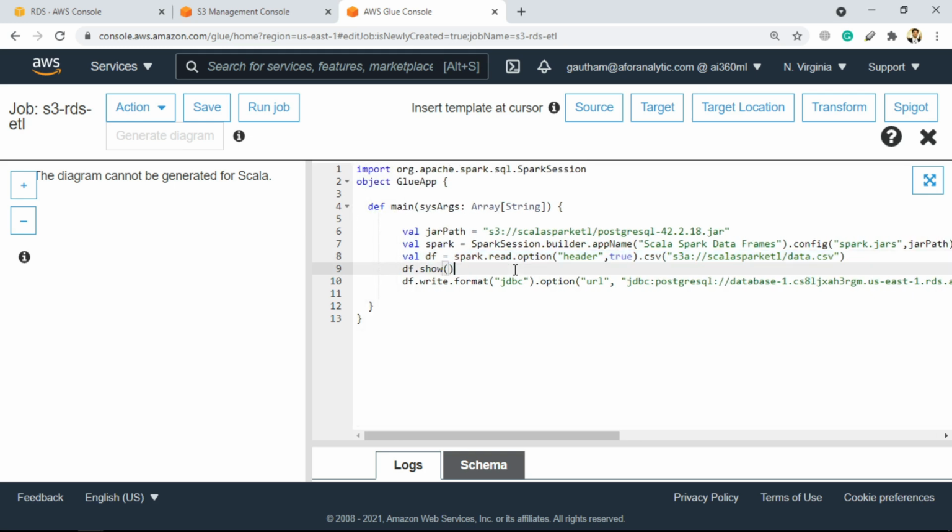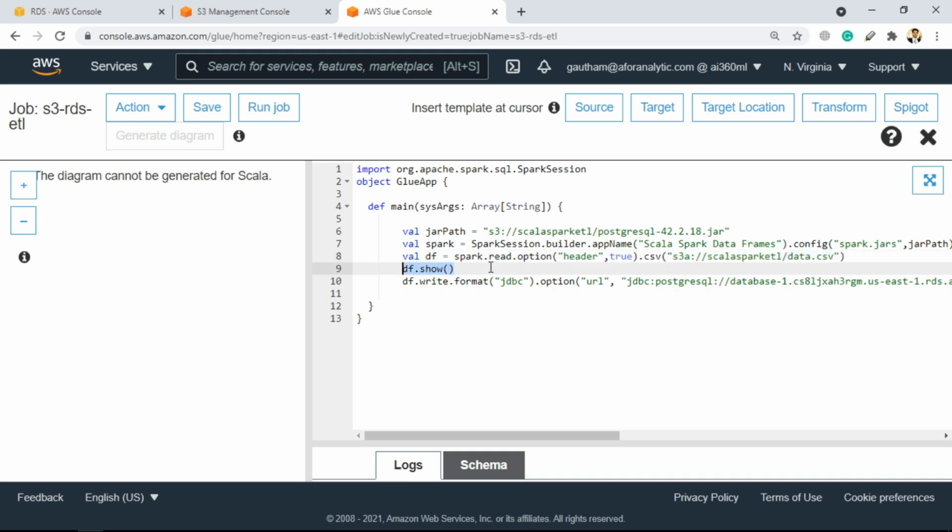Next over here is df.show. What it will do is simply read the data and show it to the console. And this is exactly the same thing that we did in the previous videos while working with the data frame: for reading, we use spark, read, then the option, then the CSV, and then we specified the location from where we want to read the data. While working in Databricks, we specified FileStore, tables, and the name of the file. Here we are specifying that I want to read data from S3, the name of the bucket, and then the name of the file.